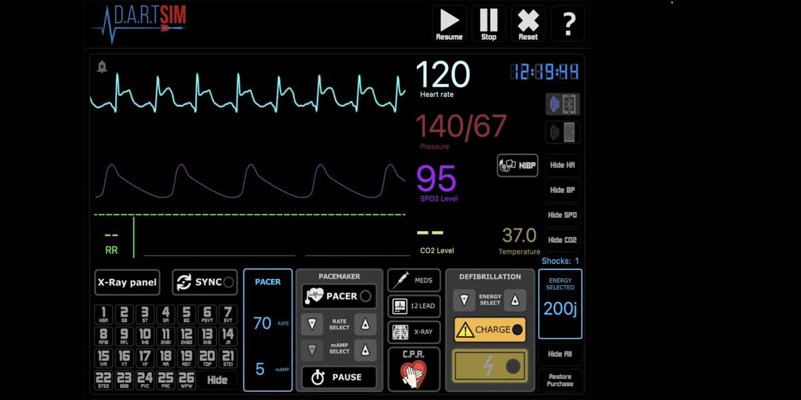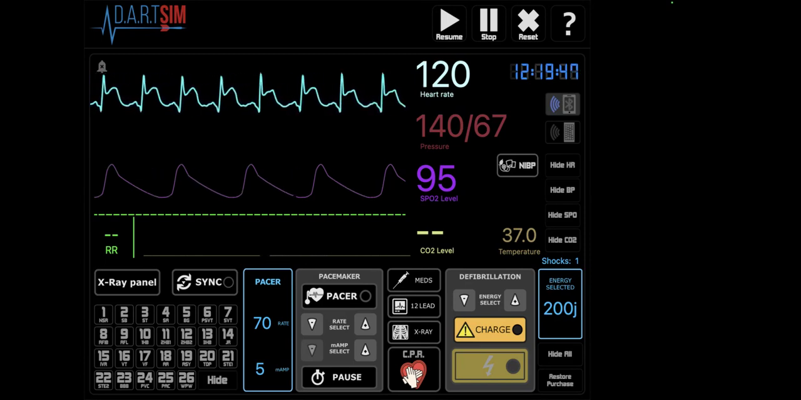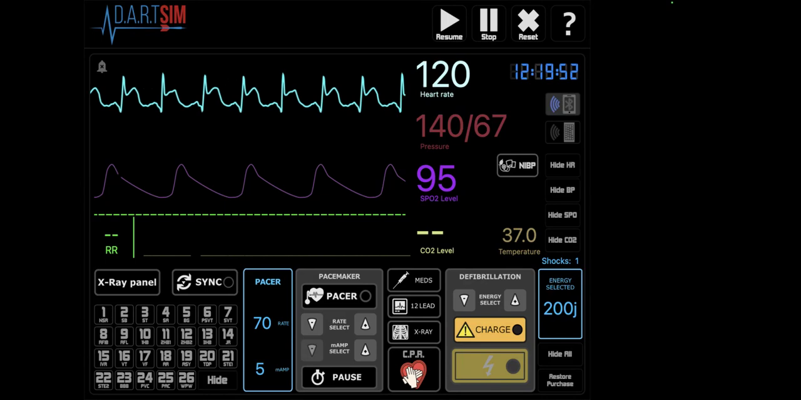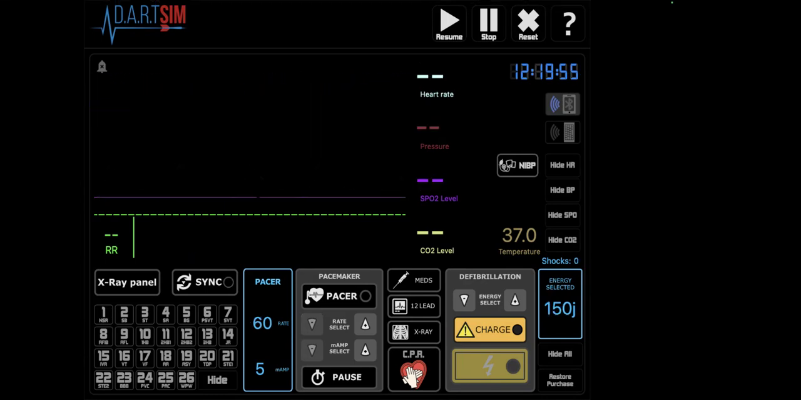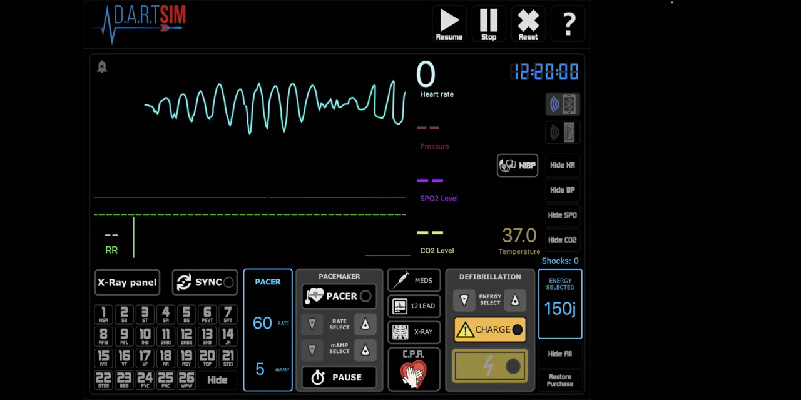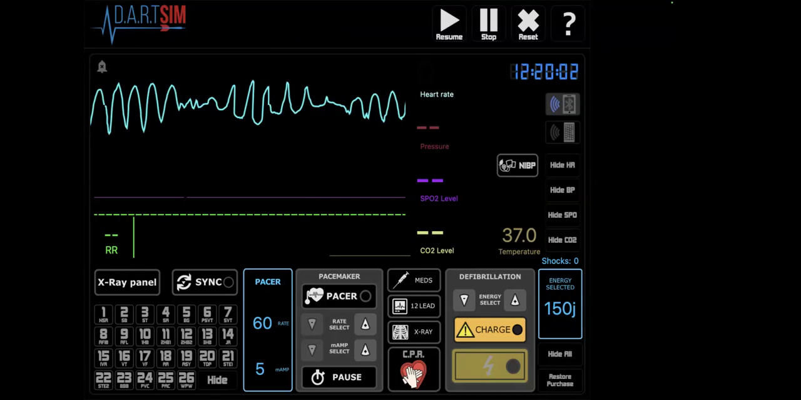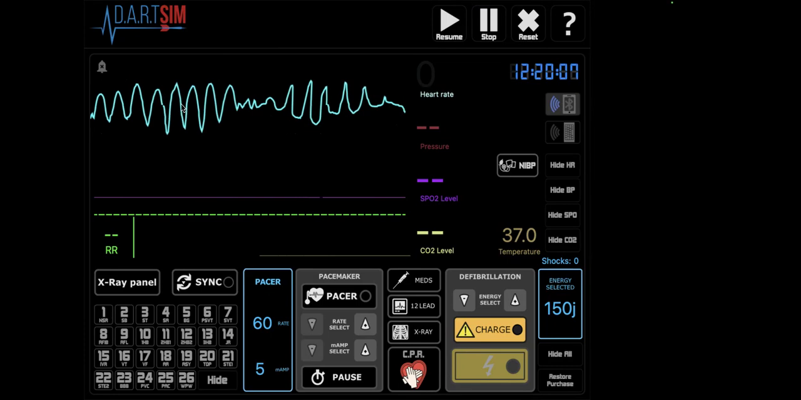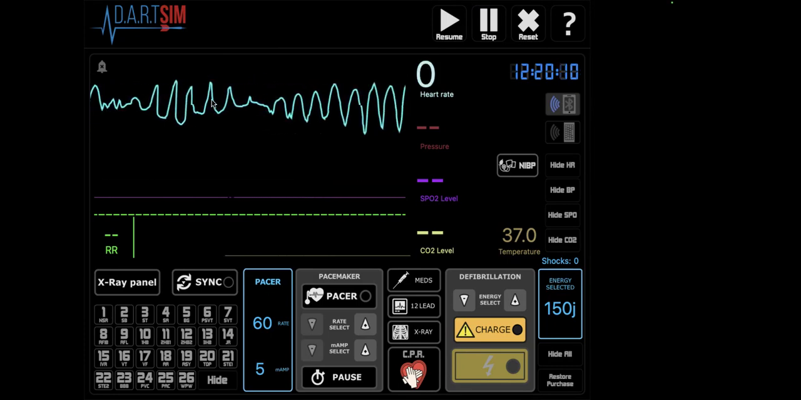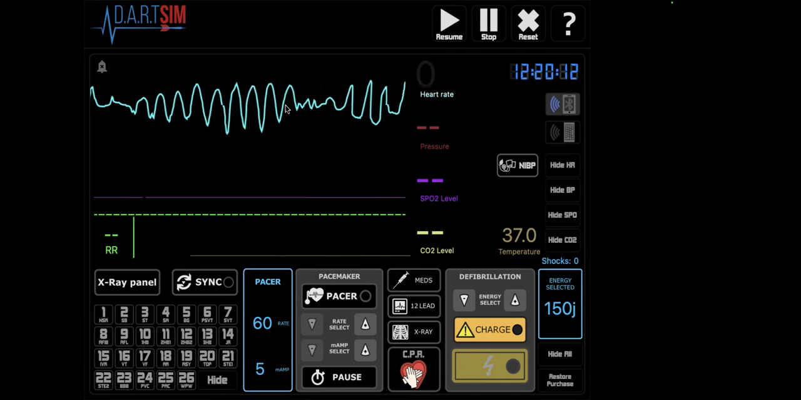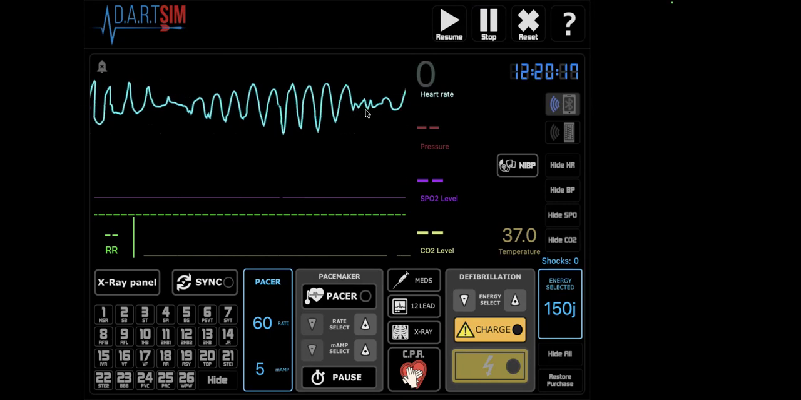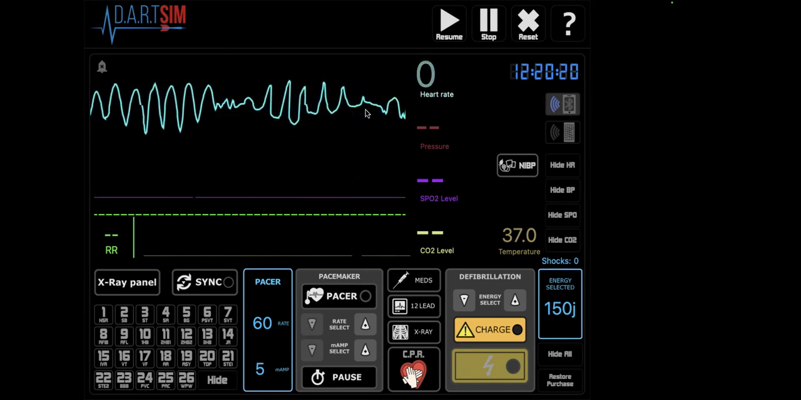I'm going to do one more rhythm, and this is a new patient. So let's hit reset here. And I want you to look at this rhythm, and I want you to see how it is very up and down, twisting of the point. You see it's down, then it gets narrow, and then it's up. It gets narrow and it's down, narrow and it's up, narrow and it's down. This is very classic torsade de pointe,